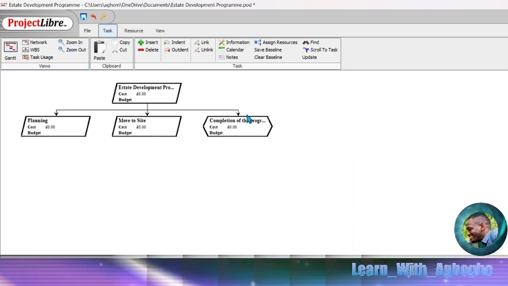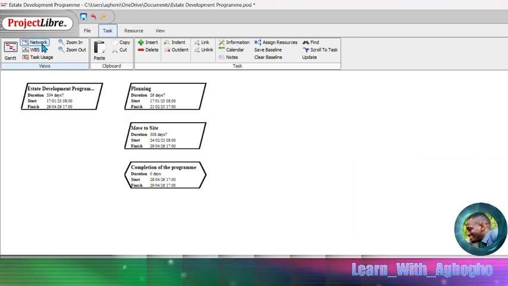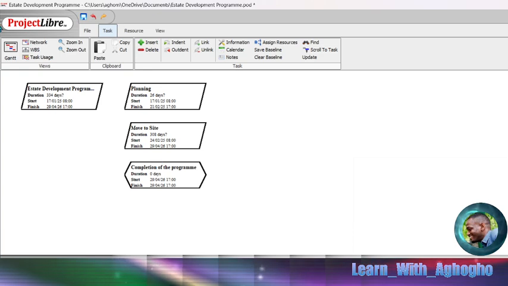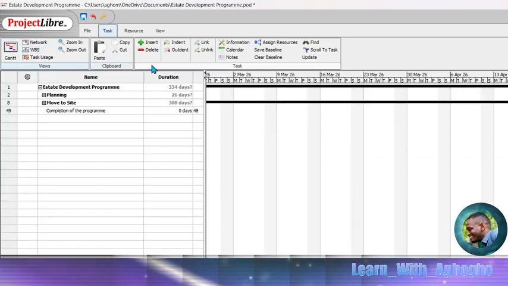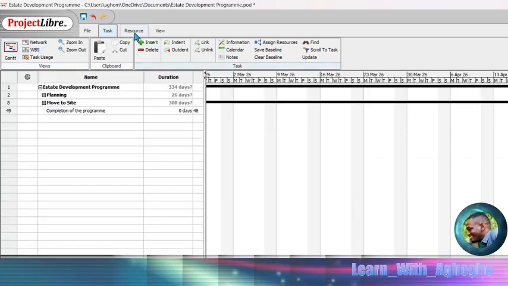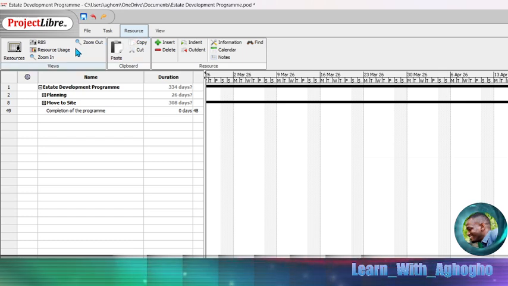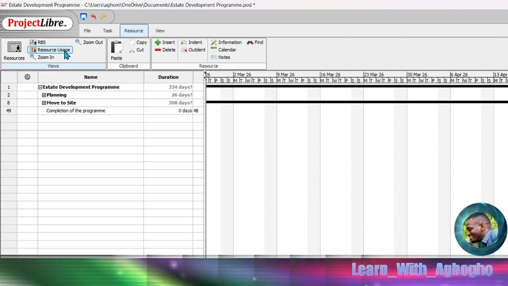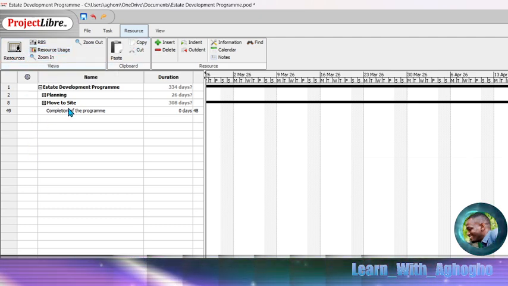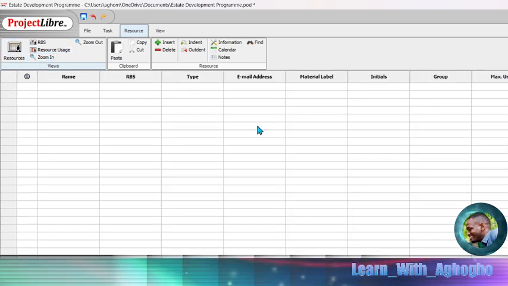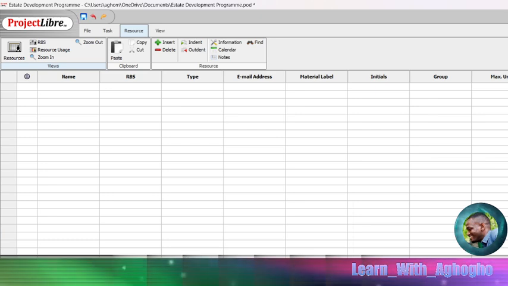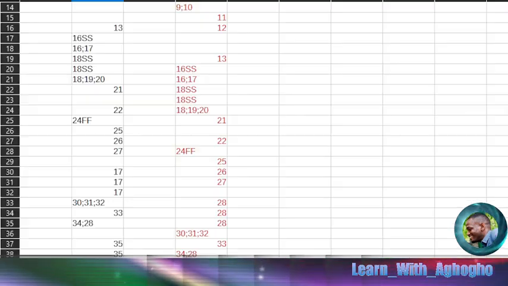So now this is what we've got. This is fine. So now we need to do the resourcing. If you want to create the resources for your project, you click on here, and let's go back to,